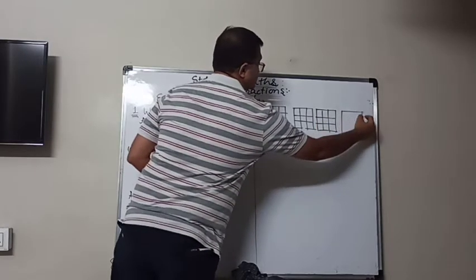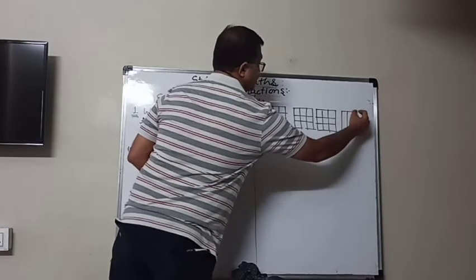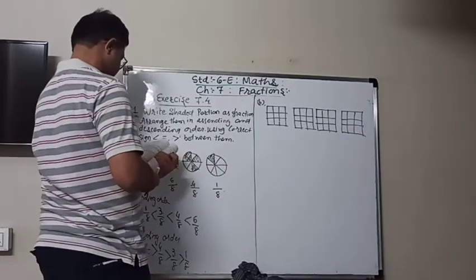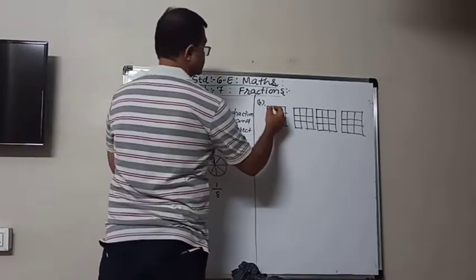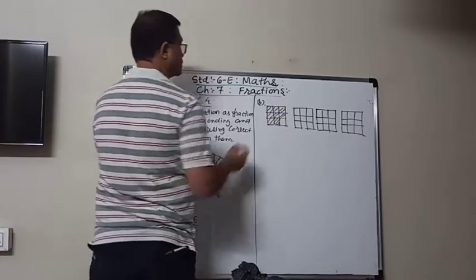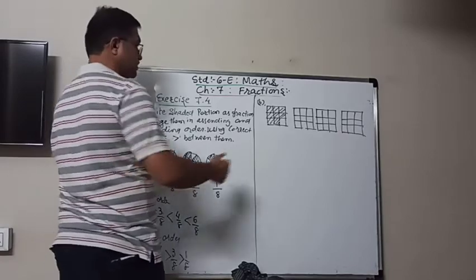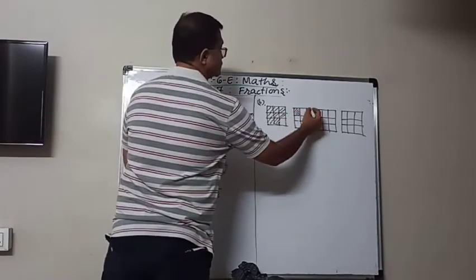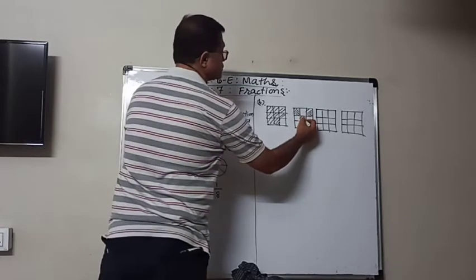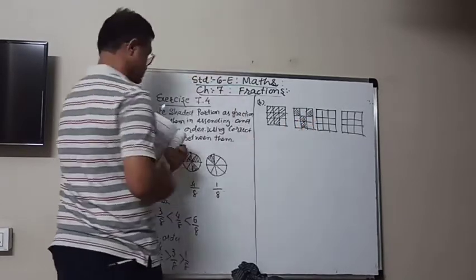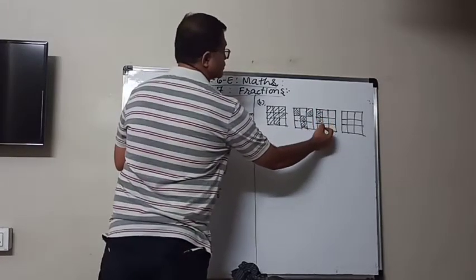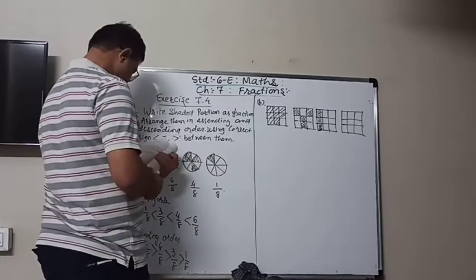And then let us see how many shaded parts are there in each of them. In first, in second, third one, and in the last one,